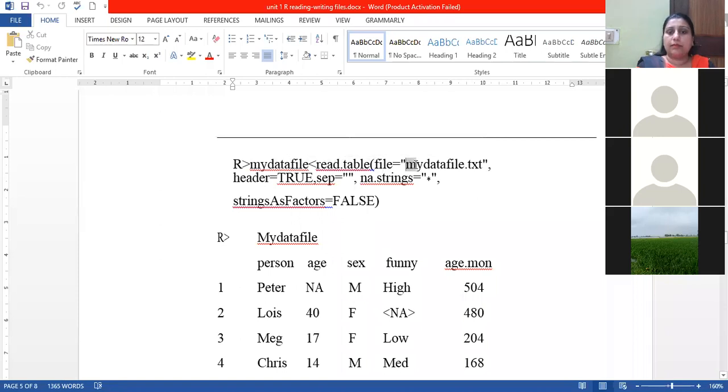The file name is mydatafile.txt. Then header equals TRUE means there are some headings or entity names. sep denotes the separation. na.strings means the not available values are denoted by an asterisk sign, and stringsAsFactors equals FALSE means that the values stored in string format will not be converted into a factor vector.